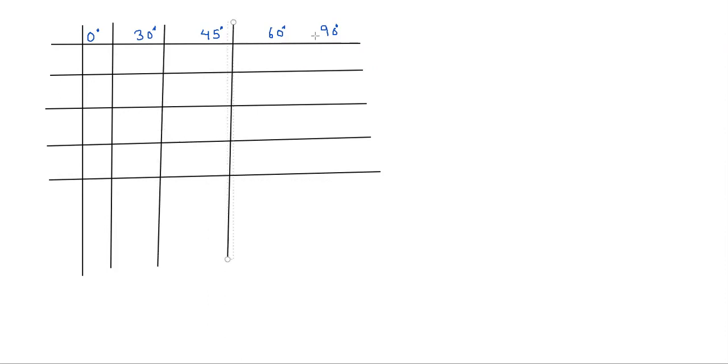Since we have 5 important angles, we will start our counting from 0 and we'll start writing to get the value of sine theta. So I'll start writing from 0, 0, 1, 2, 3, and 4. And now I'll divide all of them by 4. Whatever you will get will be the value of sine theta at these different angles.